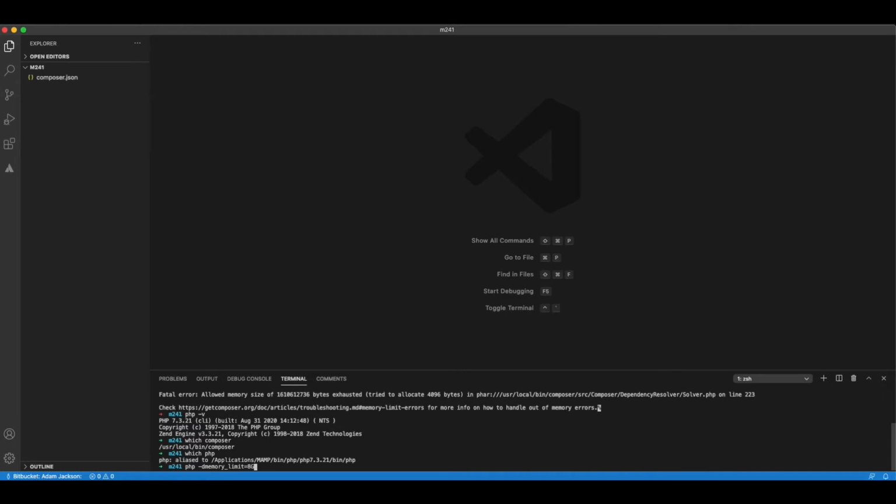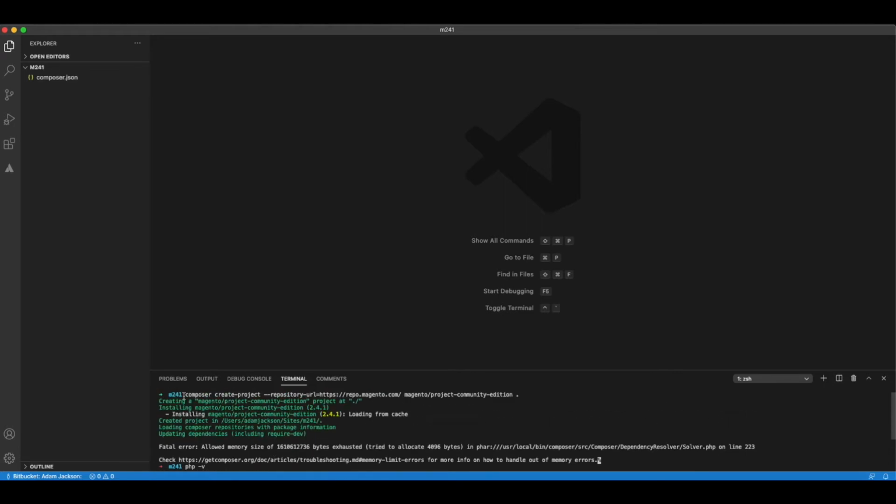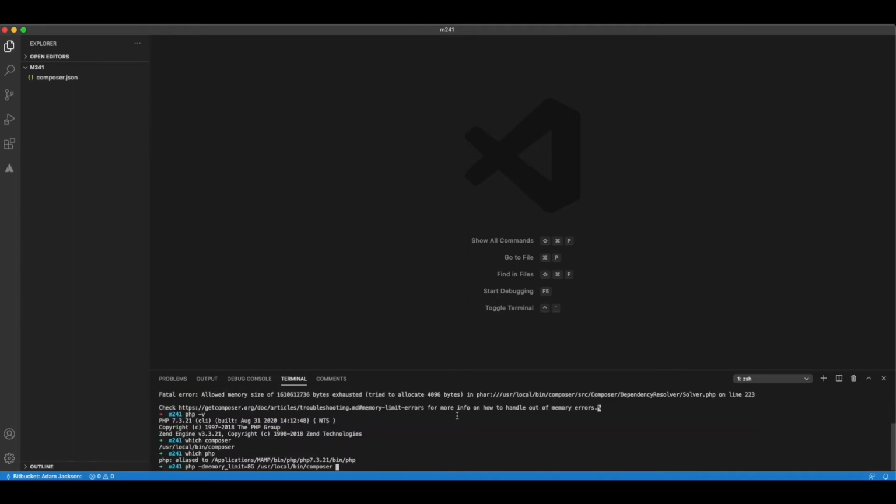Right, so I'm going to go for 8 gig, and I'm going to say access that file there, which I said is essentially a PHP file, but it's PHAR. And then at this point, this is the point where I am here, right? So I'm going to grab this and bang this in again, and the eagle-eyed among you are going to notice that this isn't going to work either,